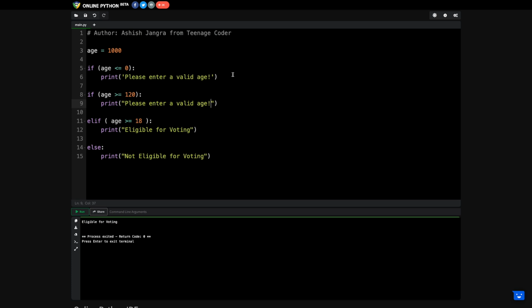This is something that I'm going to print, right? And now if you're executing it, here you can see even for the condition that the age is more than 120 years, it will write please enter a valid age, right?